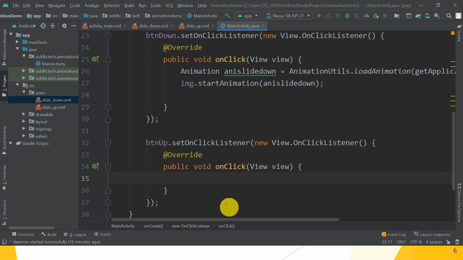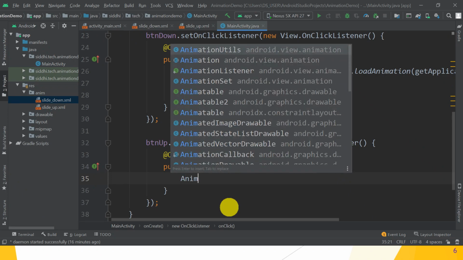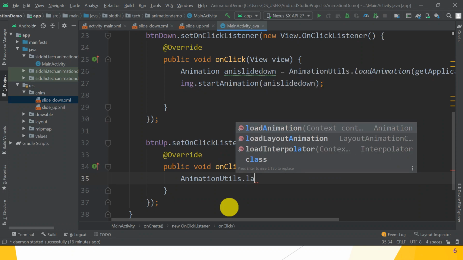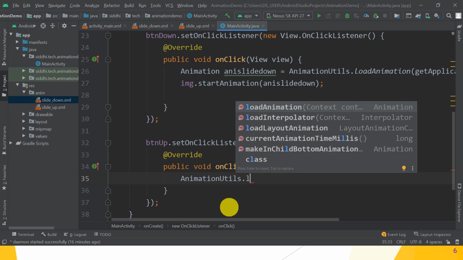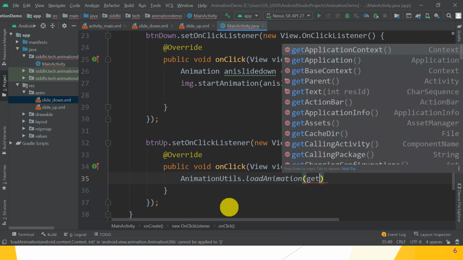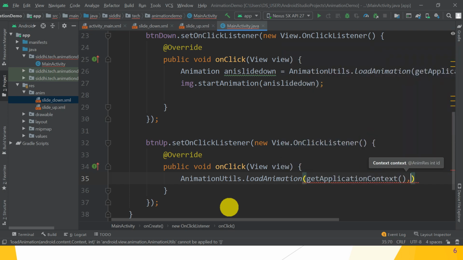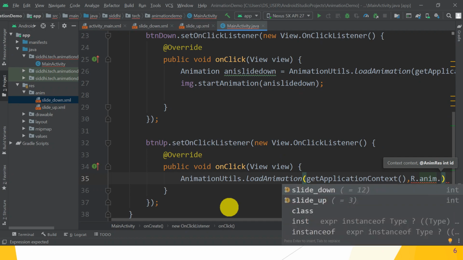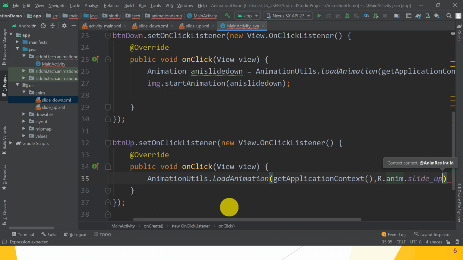The code is first AnimationUtils.loadAnimation, and inside loadAnimation we have to pass getApplicationContext reference, comma, R.anim.slide_up. That is the name of your XML file.